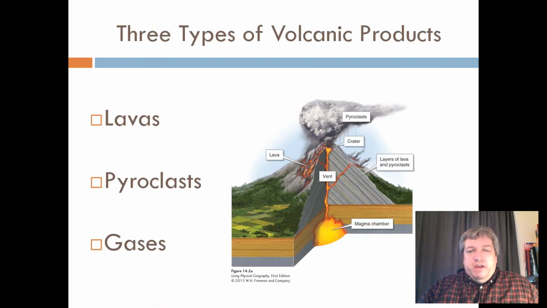So we've talked about what volcanoes give out. Most of us envision lava, so it erupts as hot liquid rock. Magma comes out, and like I said before, if rock is liquid below the surface, it's magma. Once it hits the atmosphere, it becomes lava, just a different name. So that's probably the most common, well-known product.